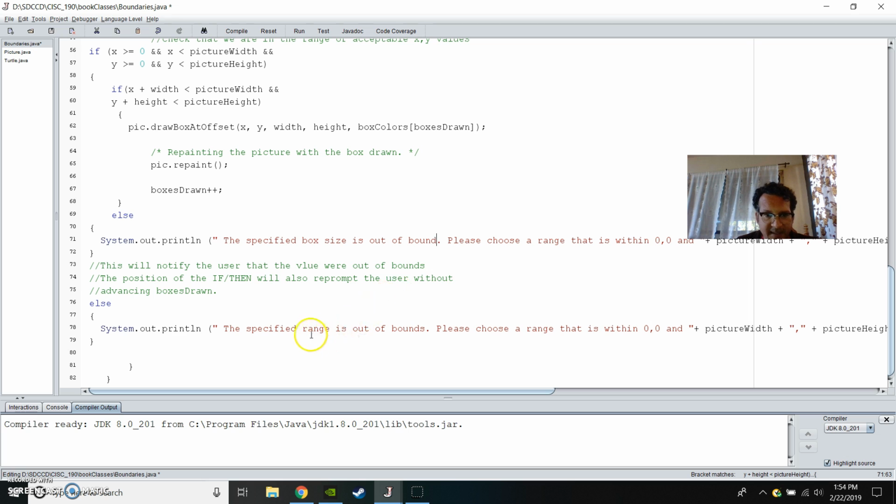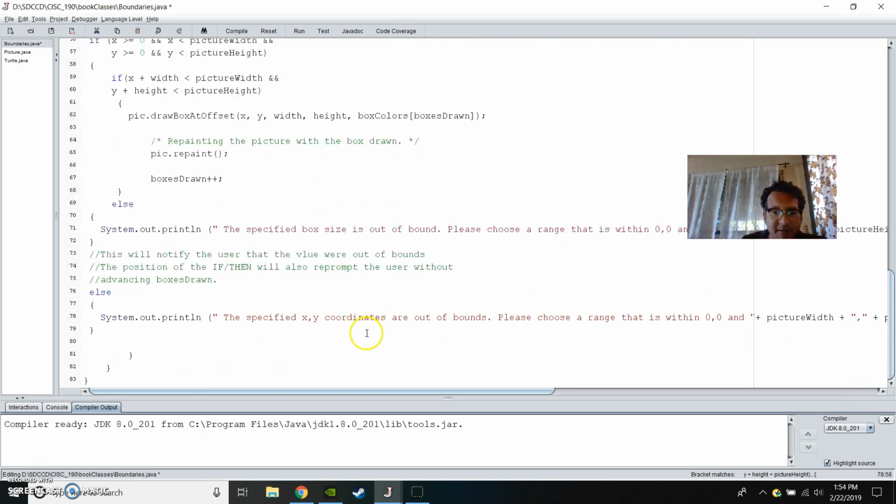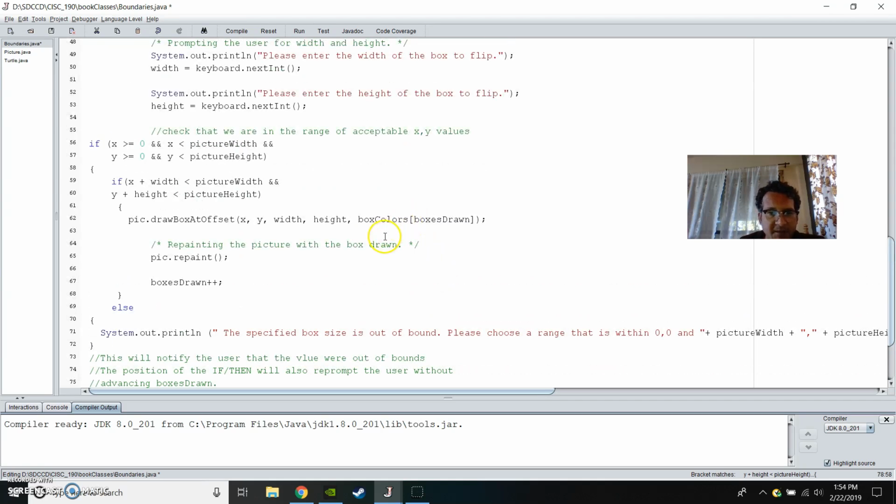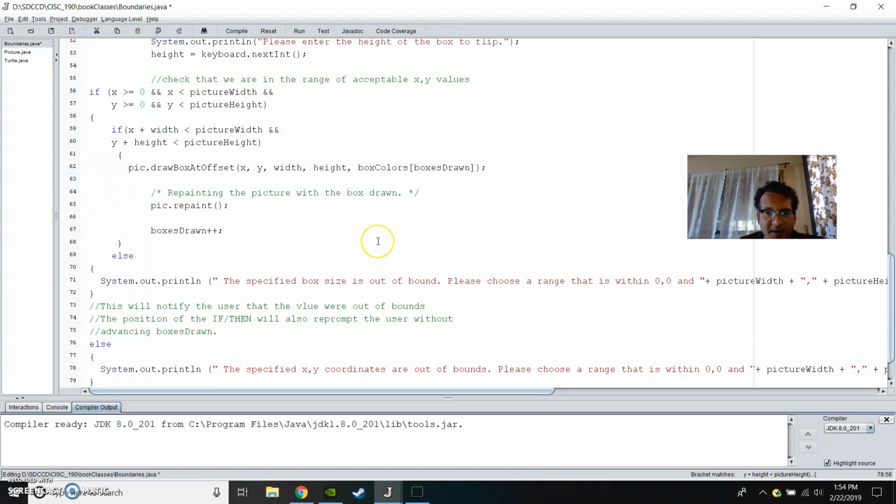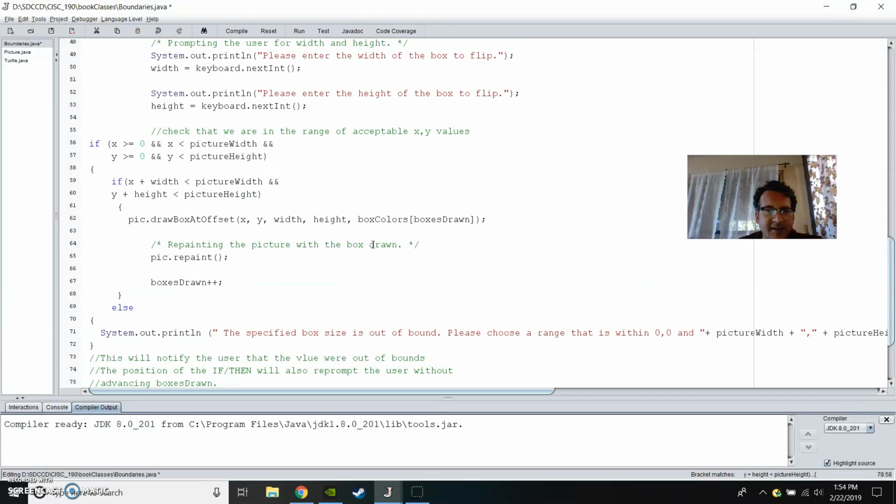And then we can say the specified x, y coordinates are out of bounds. So that way, the user will get a more specific message about what's going on with their inputs,